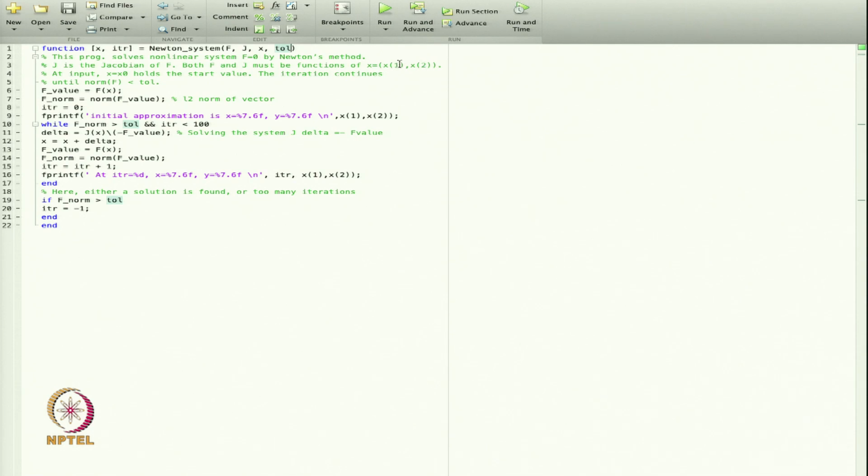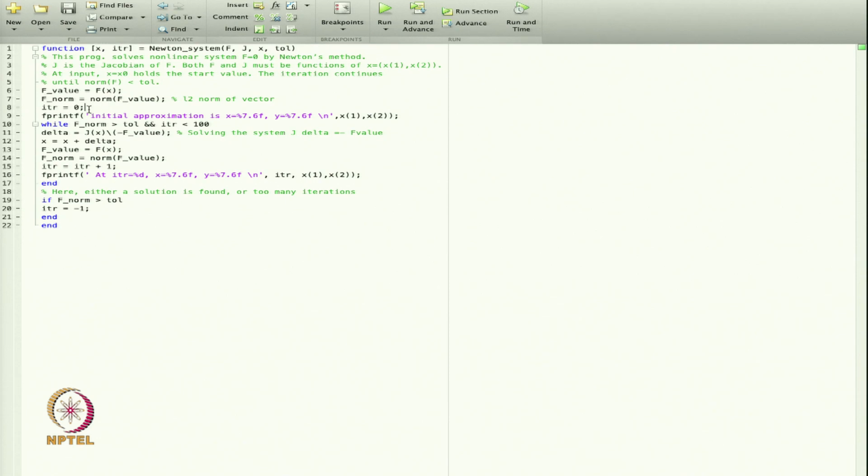So, this is my x I have written, that x is x1 and x2, and x naught is the starting value, the initial value we are going to start with. Now from here I write f x, so whatever function I am getting, I put the value of x and I get the value of f. Then, because it is a vector valued function, we have to find the norm of that. Instead of absolute value, we are finding the norm. If we take the L2 norm, this will be the L2 norm.